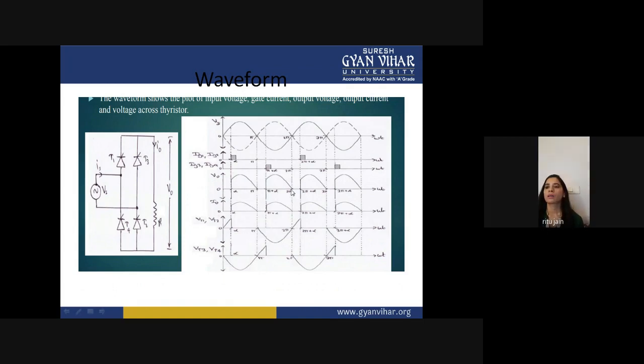Fine. After that, again this cycle becomes positive, which is 2 pi to 3 pi and 3 pi to 4 pi. When this cycle becomes positive from 2 pi to 3 pi, again T1 and T2 will conduct, and we apply the gate pulse to these thyristors, and you will get the output voltage. So you can see from this diagram or these waveforms that you are getting output DC voltage for both the positive half cycle as well as the negative half cycle. That's why this is called your full bridge converter. Okay.